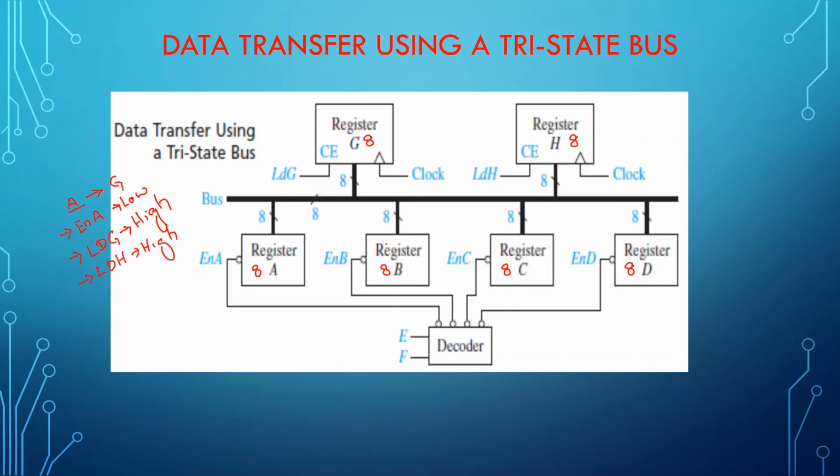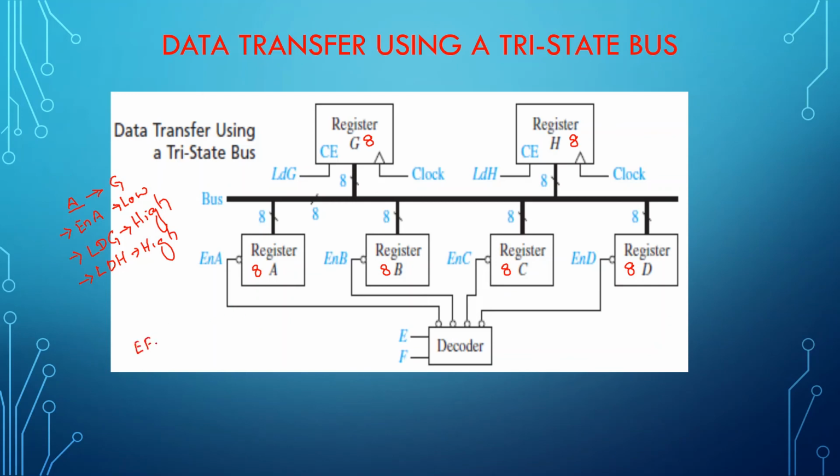Similarly, if you are planning to move the data from register B to register G, you need to make enable B low and you need to make any one of the signals high based on the register which has to be accepting the data. Now, how are these particular signals enabled? Those signals are enabled by using a decoder. Decoder in the sense, what you know? It is something like